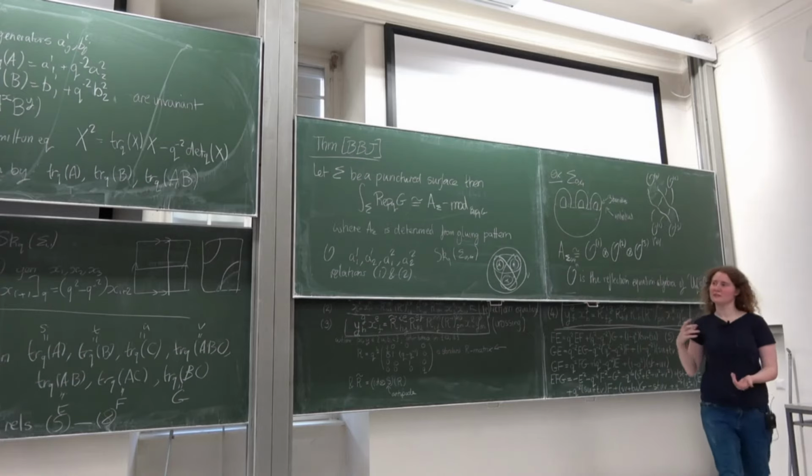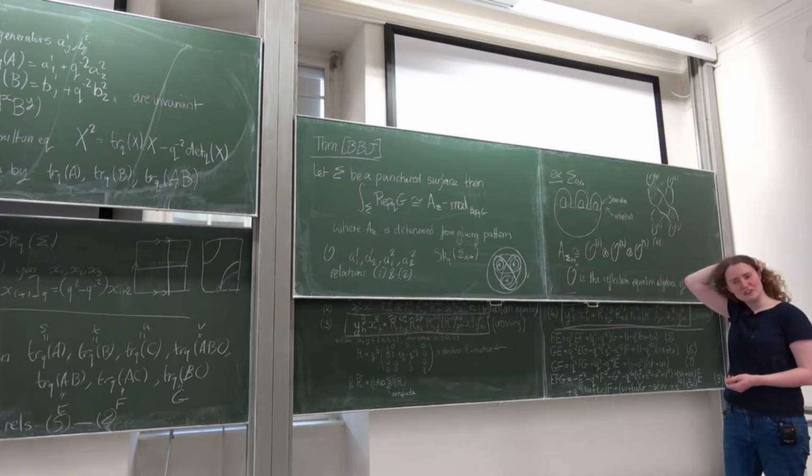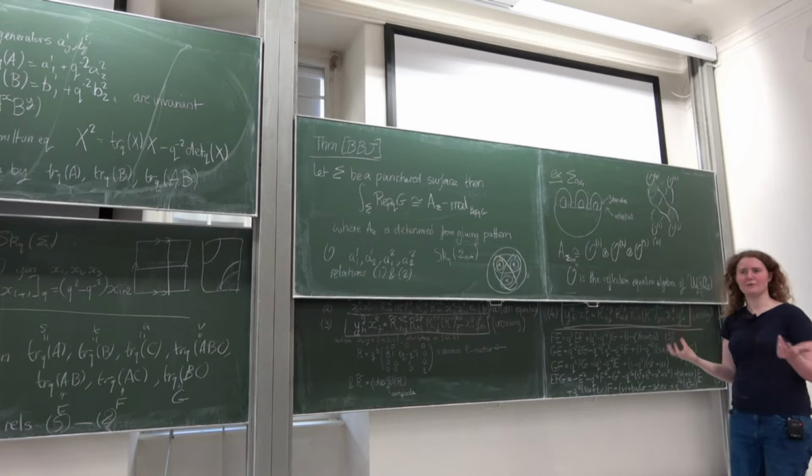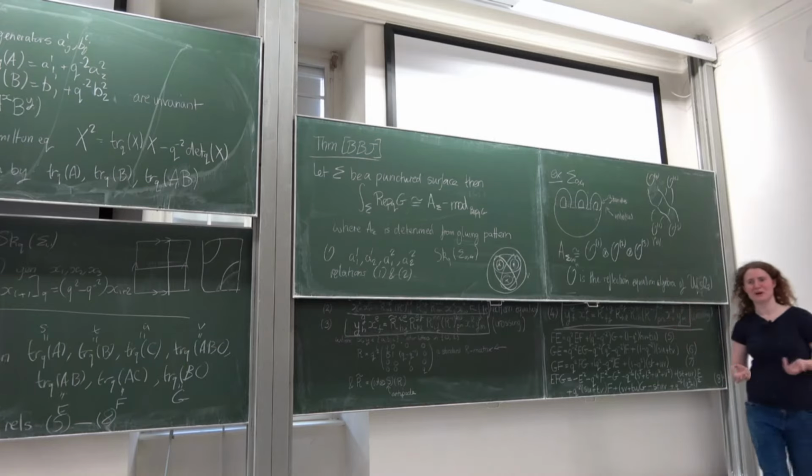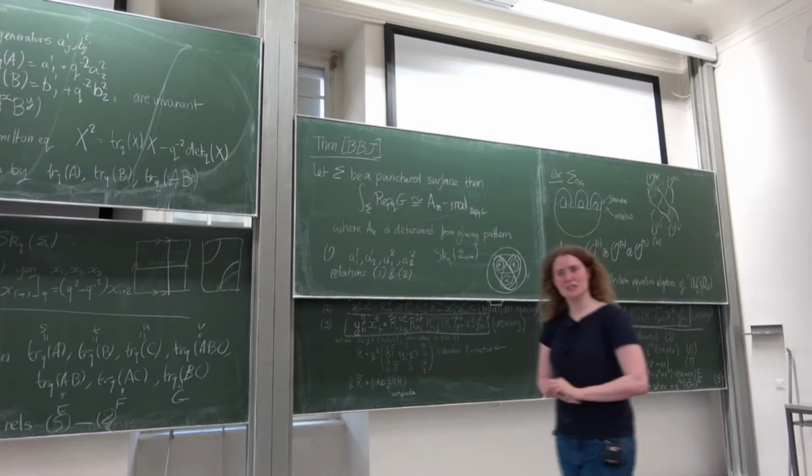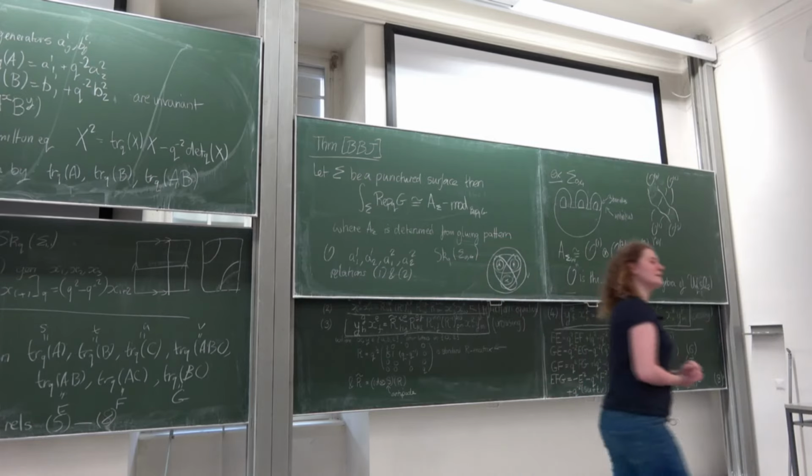So this handle decomposition stuff does turn up quite a fair amount in Skein theory, and it morally should match up, but I'm not quite sure on the matching. Yeah? So how do you